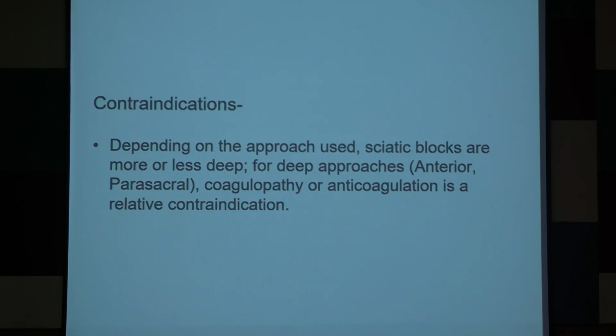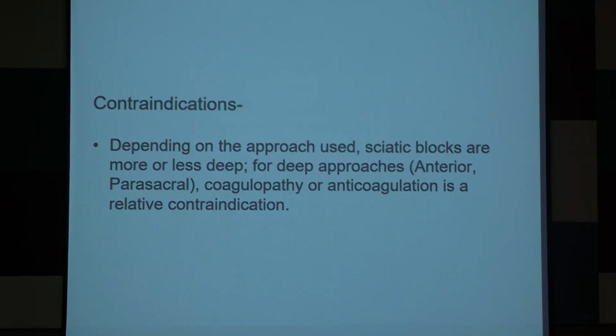So if you have a patient with a deranged platelet count, deranged PT-INR values, deranged APTT values, it is safer not to perform a deep nerve block like a sciatic nerve block. Brachial plexus, you have an advantage. If you hit the subclavian vein, I'm not telling it is a superficial vein, but still you can put pressure on it and stop the bleeding. It is considered a relative contraindication.